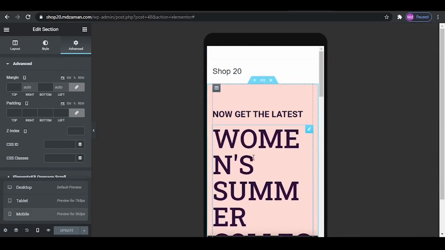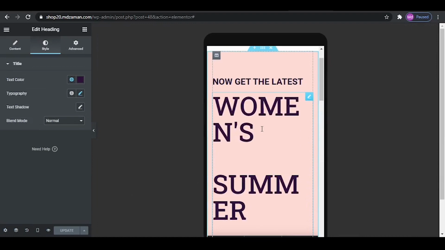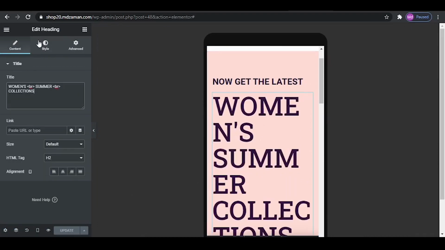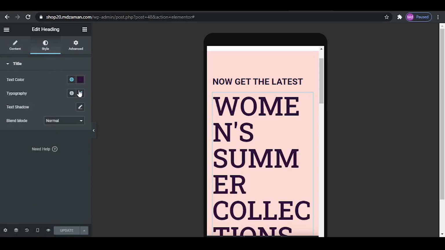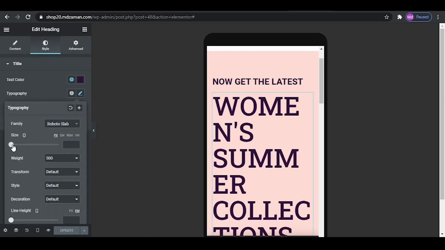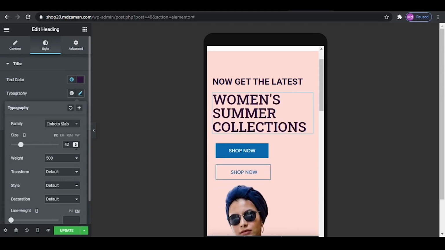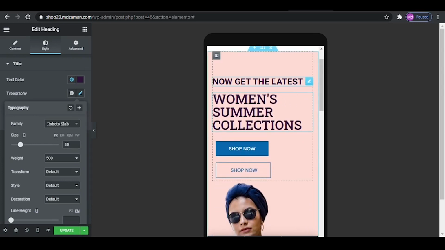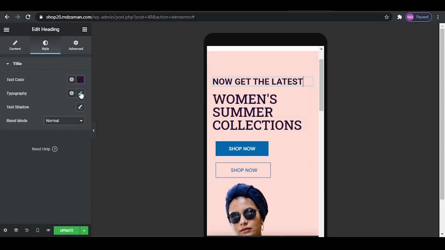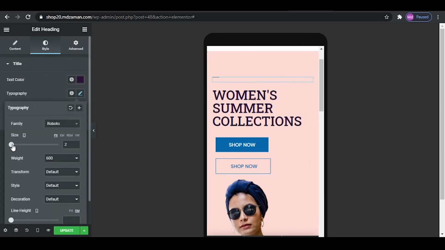And the first section looks messed up, so I'm going to click on it and click on content. And first of all, I'm going to go to style and I'm going to reduce the font size. Let us keep it a font size of 40. Okay, and I'm also going to reduce this font size, and I'm going to keep this one as